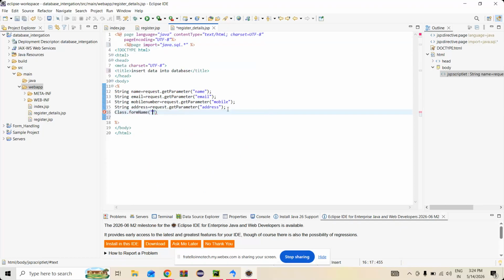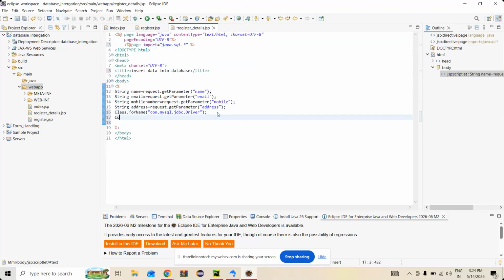In that we can give com.mysql.jdbc.Driver, and after that